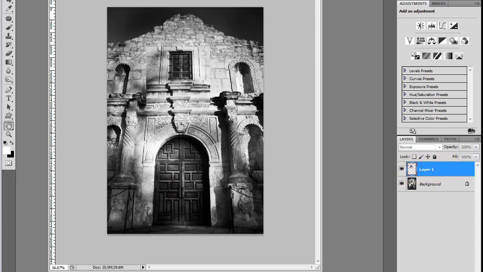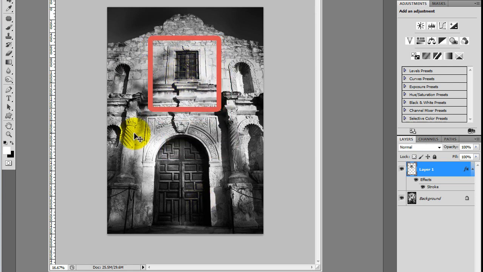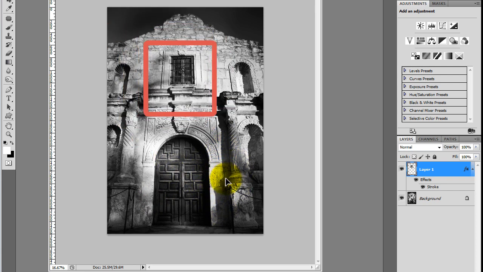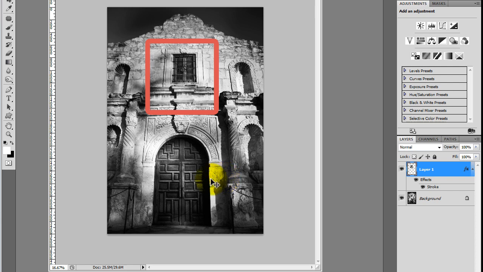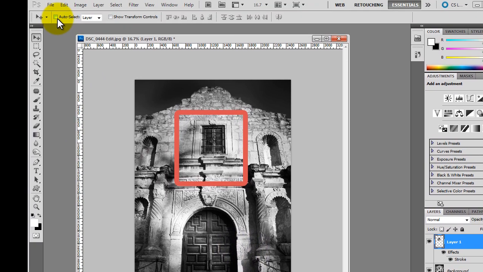I'm going to take our second layer so that everybody can see where our second layer is. So now we can see this is our second layer. I'm sitting here clicking, but it's not doing anything. It's still moving this. Why is it moving our second layer when I'm clicking on the first layer? Frustrating. But if I click on auto select layer, okay, now if I click on my background layer,